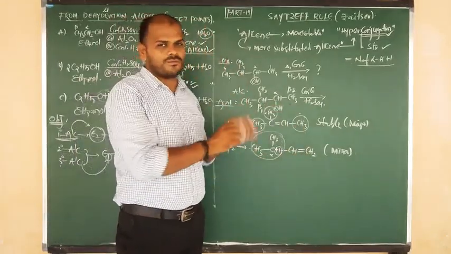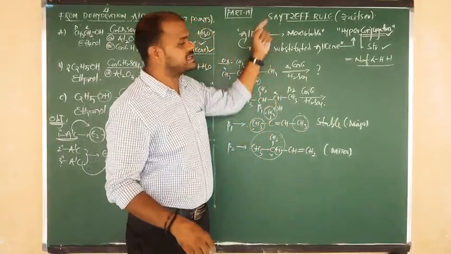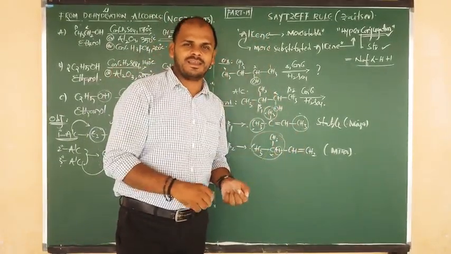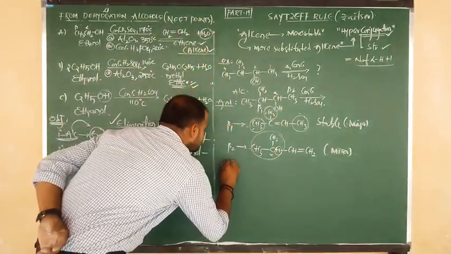This is your Saytzeff rule. Now I am going to give you 2 to 3 examples of the Saytzeff rule for dehydration. Try to decide the stability of the alkene. Will you decide, beta? I hope you can do it. Right, the question is,